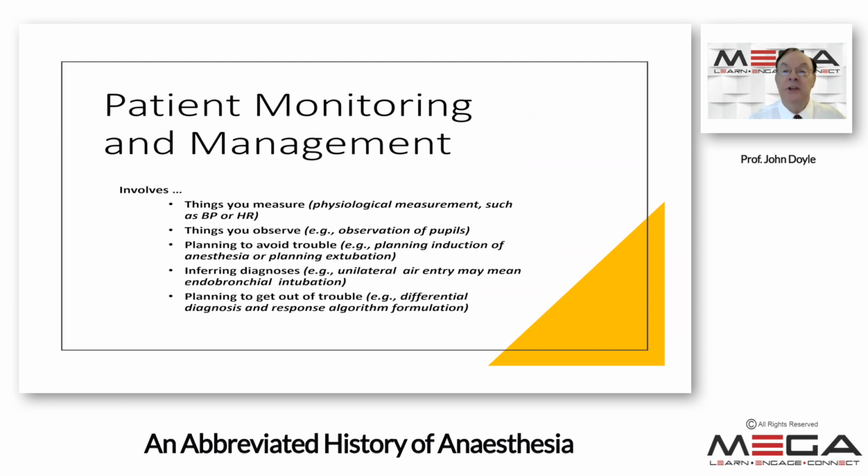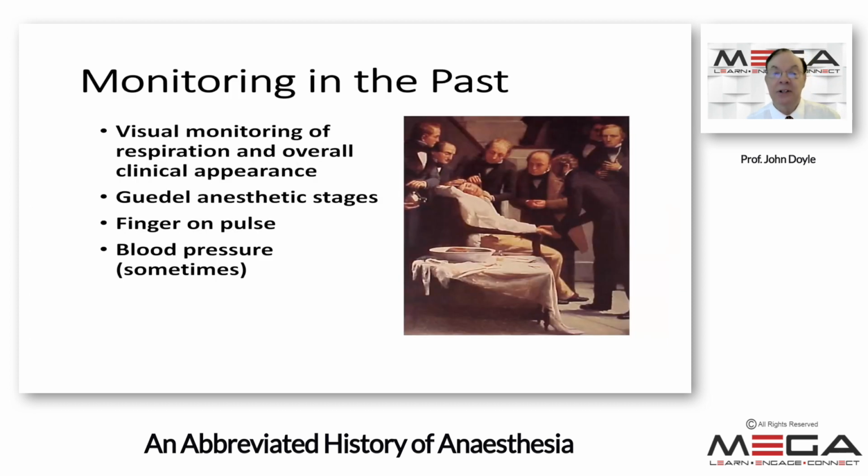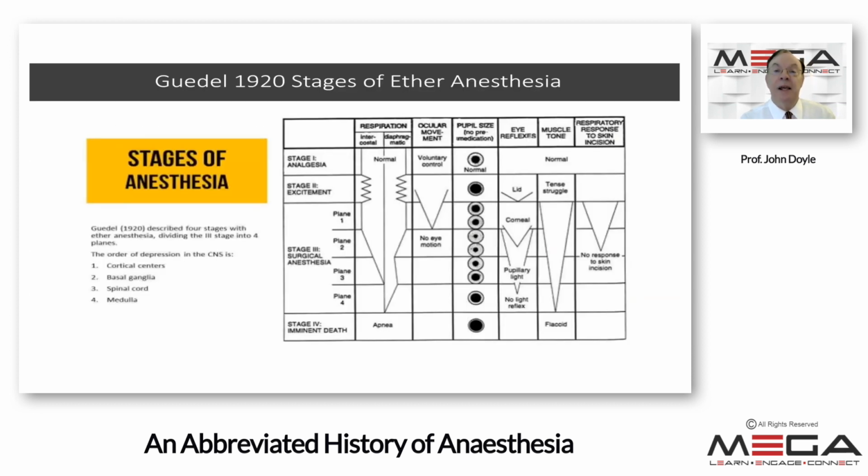But in those days, not all of these things were well established. In the past, monitoring of the patient involved visual monitoring of respiration and overall clinical appearance, the Goodell anesthetic stages of ether anesthesia that I'll go through in a minute, finger on the pulse, and sometimes, and only sometimes, blood pressure. Goodell, around 100 years ago, described these stages of ether anesthesia, stage 1 being analgesia,